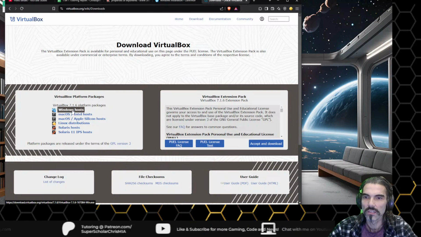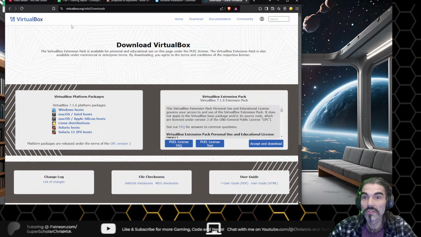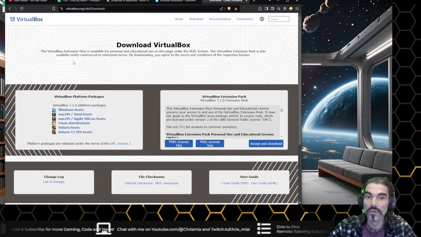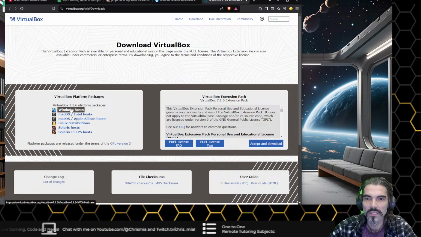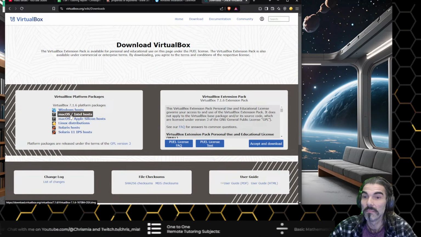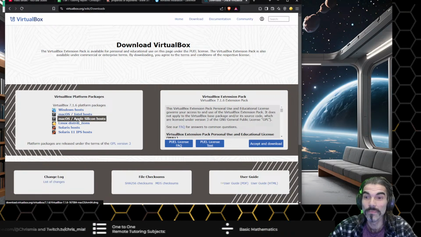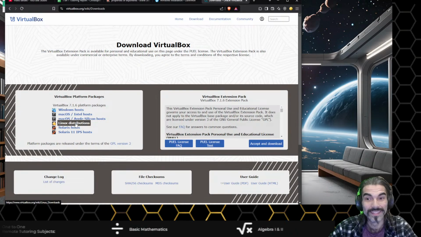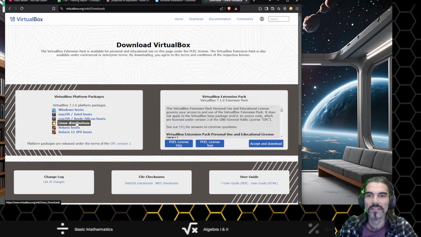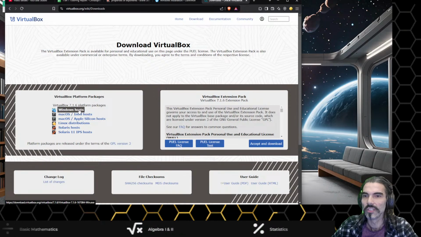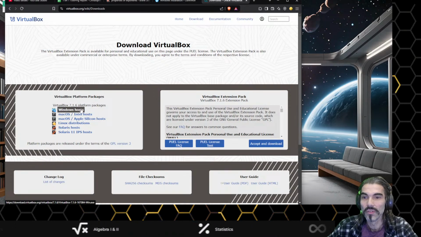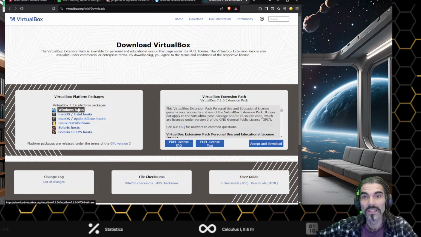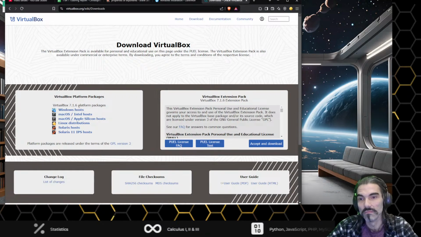So I've already got it installed, but if you do decide to go about it, go to virtualbox.org. It's a nonprofit open source system. You don't have to pay for this, and you basically click on your system here. If you have a Mac, it works as well. So honestly, you're not limited to just Windows systems. And it's really cool because you can actually run a Linux system locally as a host, and then you can do a Windows guest so that if you ever have any applications that you can't really run on Linux yet, you can run it as a guest system. So there's that.